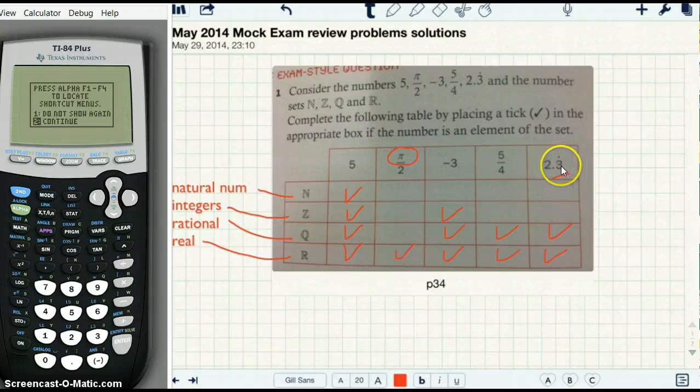And 2.3333 repeating, this dot over the 3 means it's repeating. Remember that if you have a decimal where the number pattern after the decimal repeats itself after a while, that means it is a rational number. Anything in this form can be converted into a fractional form, okay? And your calculator can do that for you. All you have to do is